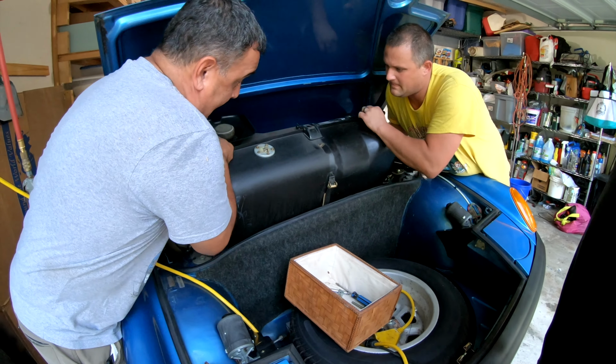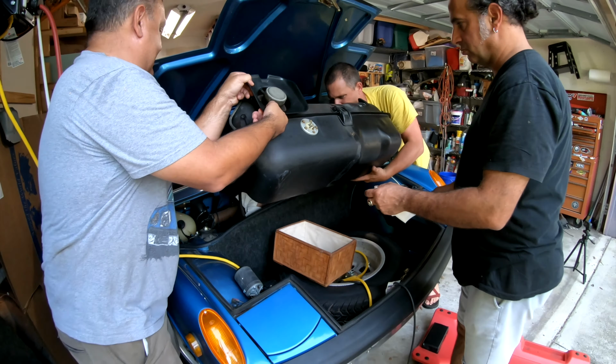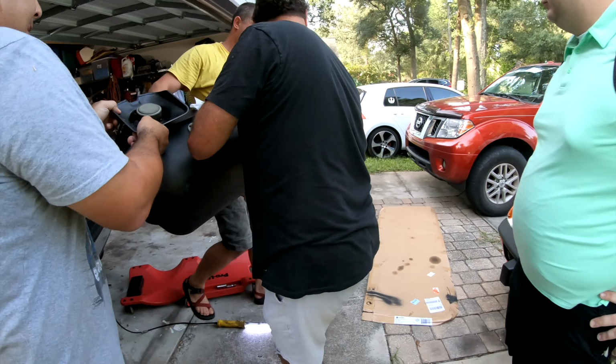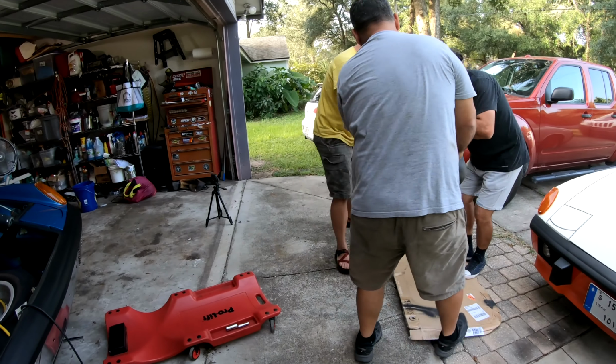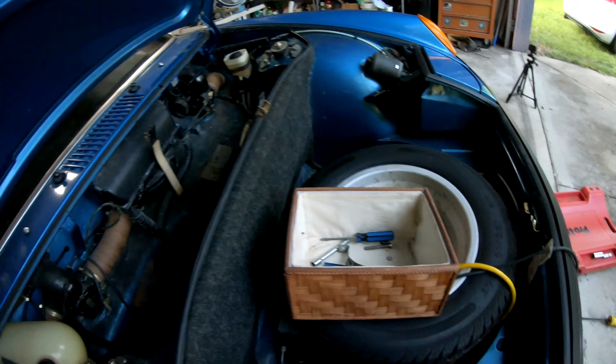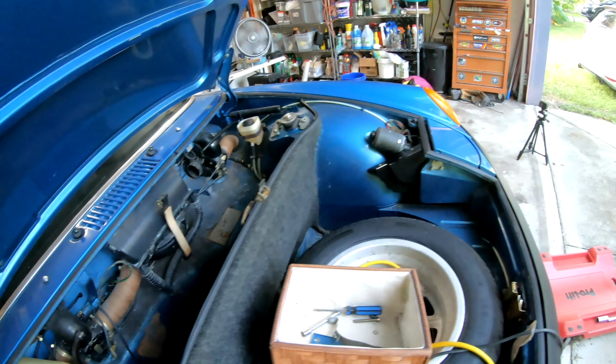Ready? Much better. On that cardboard over there, maybe? And then we'll need some vice grips and pinch it. Ideally, you don't want it to